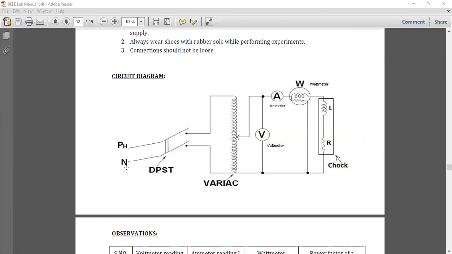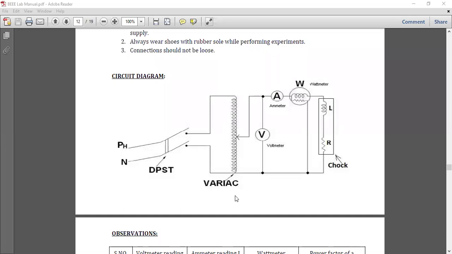And here we have to apply the single phase AC supply of 220 volt 50 hertz. This is the DPST switch, that is a double pole single throw. The double poles are there, and with the single throw this switch keeps on or off. And this one is the symbol for the variac, or it is also called as auto transformer, that is used to